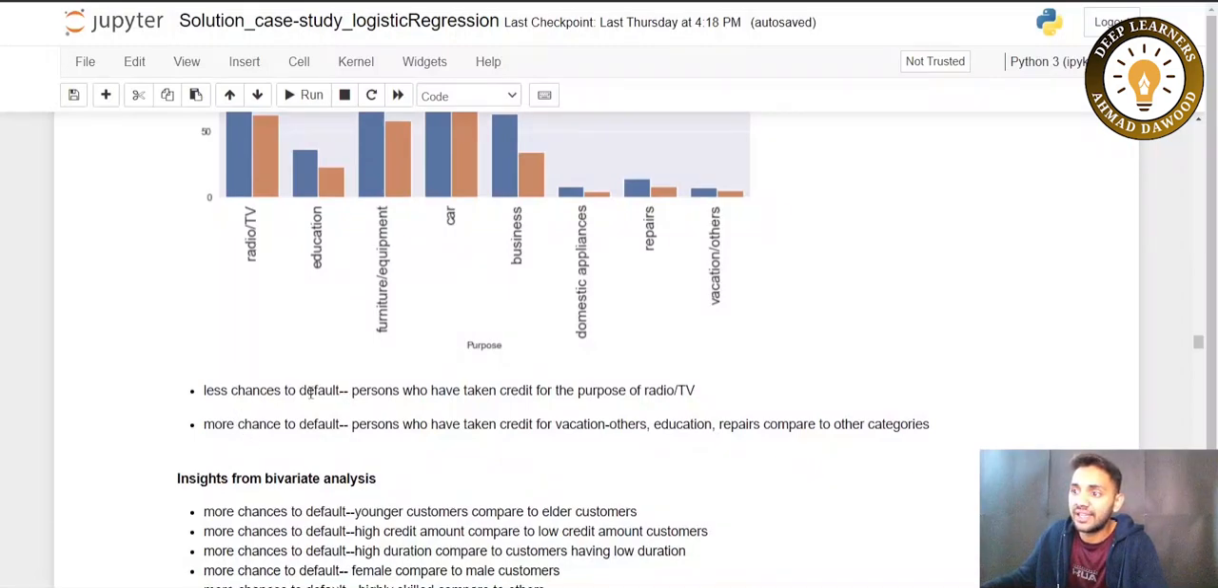You can draw the insight that persons who have taken credit for the purpose of vacations, education, repairs, compared to other categories, have more chances to default. And persons who have taken credit for the purpose of radio TV have fewer chances to default compared to other categories. Okay,